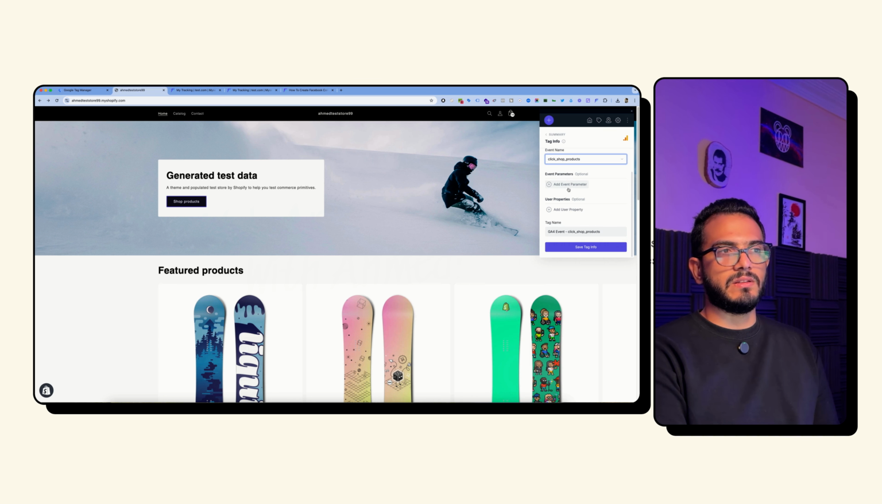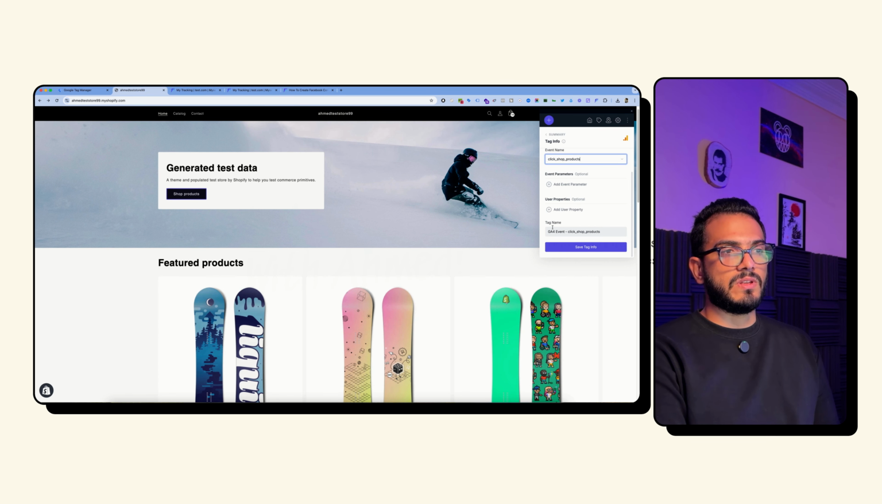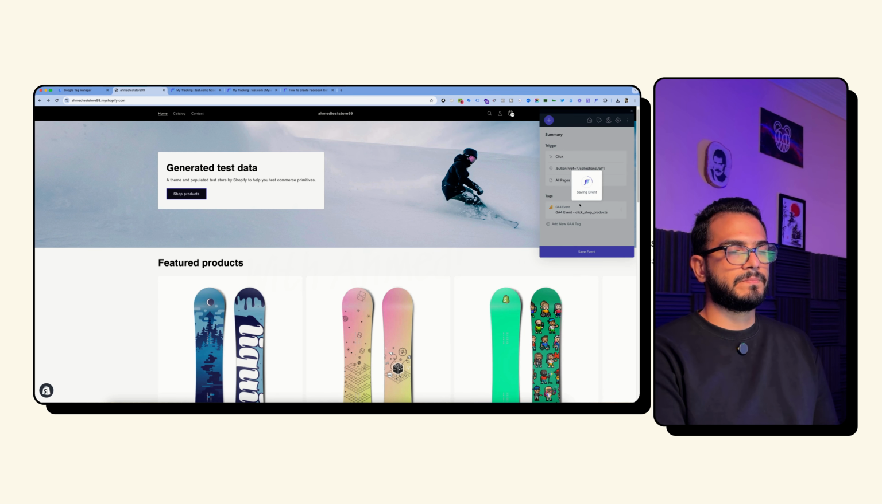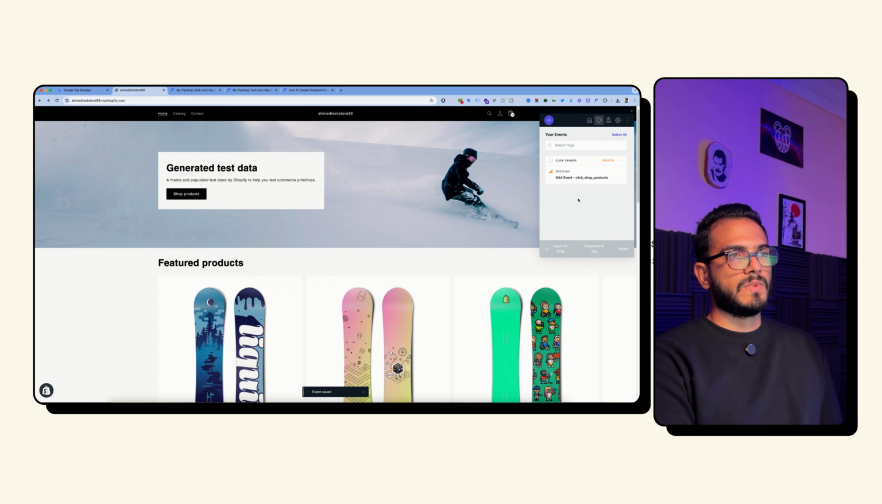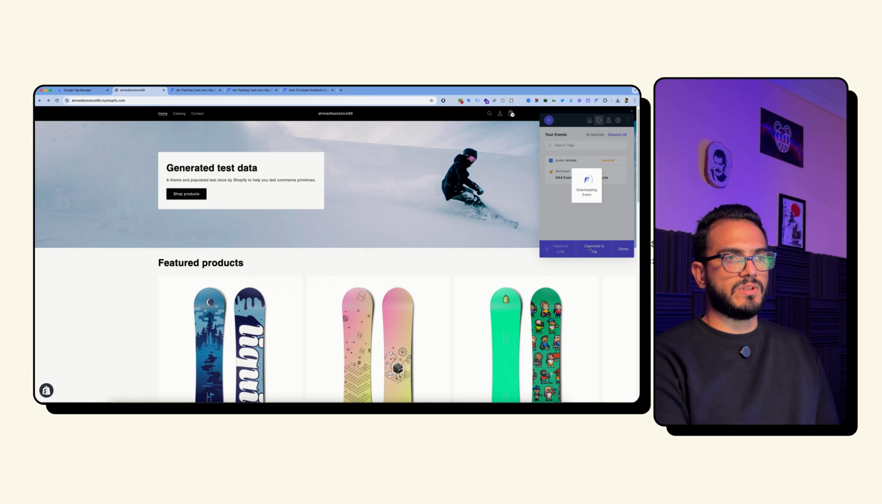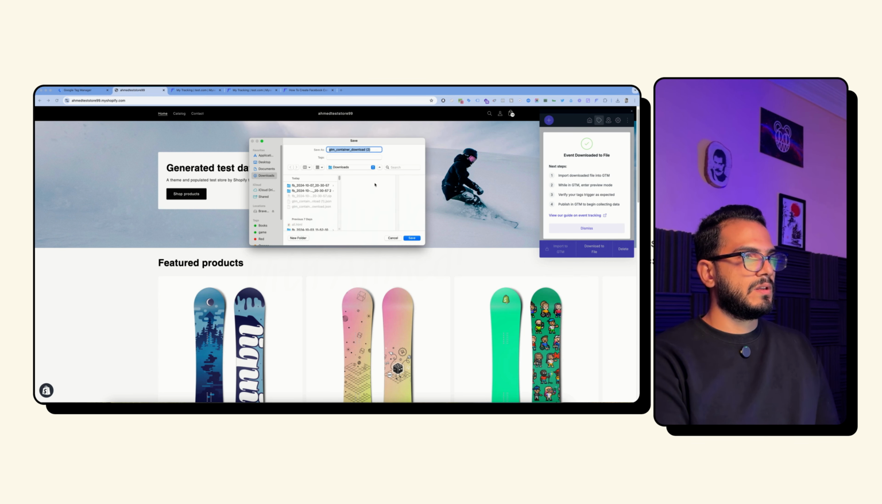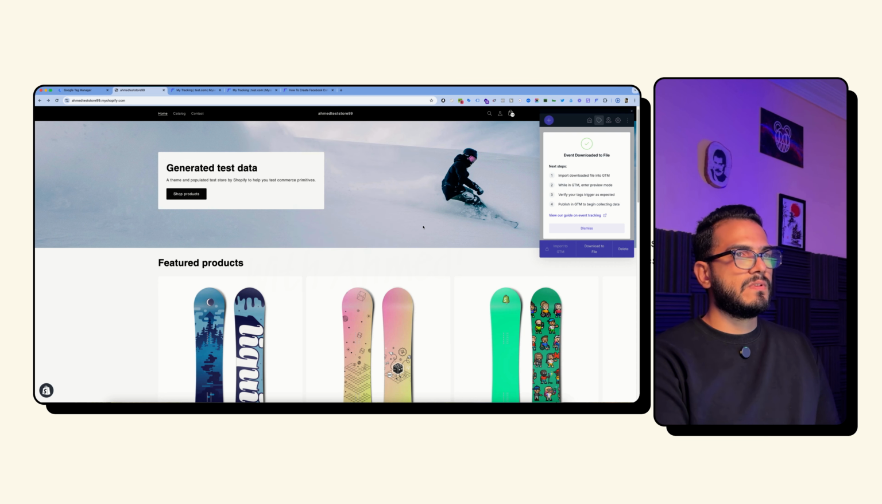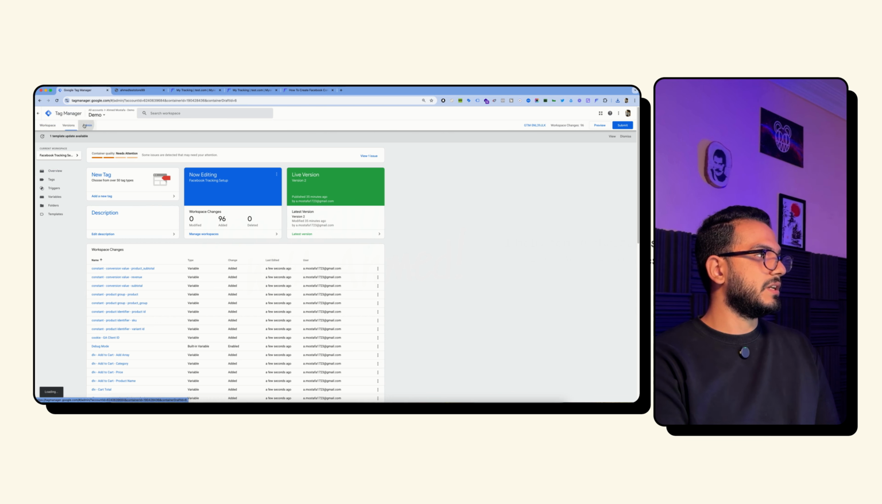We don't want to add any event parameters. And you can see that this is the tag name that was automatically generated based on the event name. You can leave it as is or change it if needed. So let's hit save. You will see here that this tag is now created. So all you need to do is simply mark it, and I will load this to file. Hit save. And now go back to your Google Tag Manager container, hit admin,